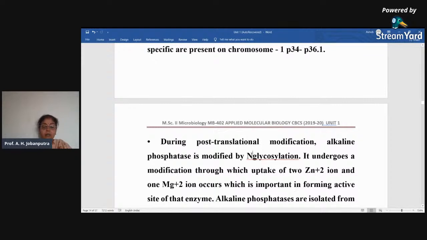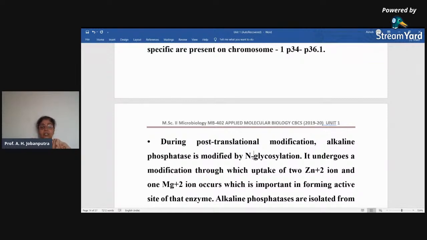During post-translational modification, alkaline phosphatase is modified by N-glycosylation. So आपण ट्रान्सलेशन मध्ये बघितलं की खूप सारे पोस्ट ट्रान्सलेशनल मॉडिफिकेशन, ग्लायकोसिलेशन, नायट्रोसिलेशन, ऍसिटिलेशन वगैरे असतं. त्यात हे ग्लायकोसिल ग्रुप अटॅच होण्याचं काम आहे. And that is again a post-translational modification. So alkaline phosphatase enzyme will be modified at that time after its synthesis from chromosome 1 or chromosome 2, and